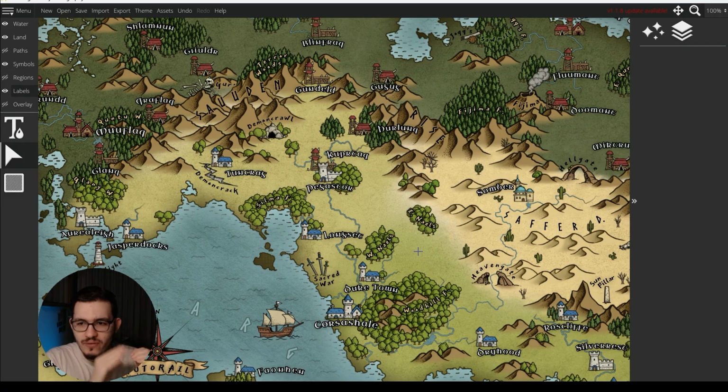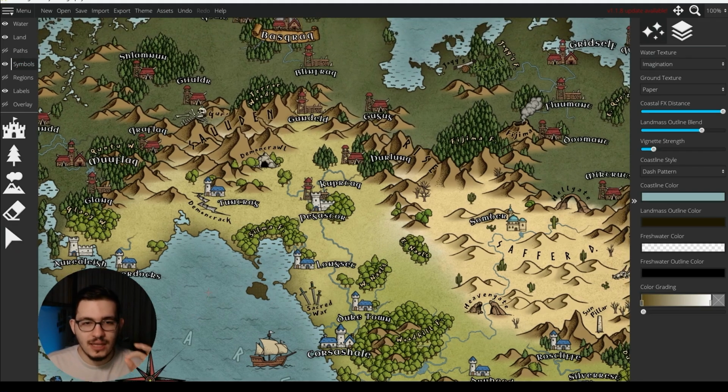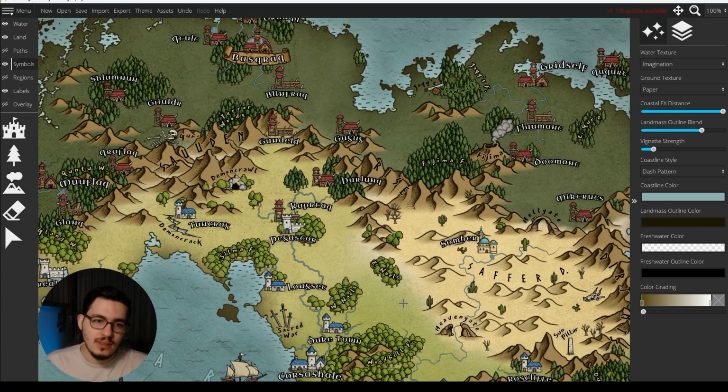They literally show everything, even if it's a small dot, and they have a name for it, and it goes, oh my god. So if you want to go for that, it's perfectly fine, as long as it is fitting the theme and the feeling of your world. That's a choice. But if you want to go with a bit more classic approach to fantasy maps, then I would say try to balance the readability and requirements in as aesthetical a way as possible.